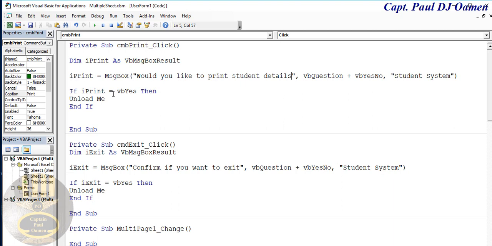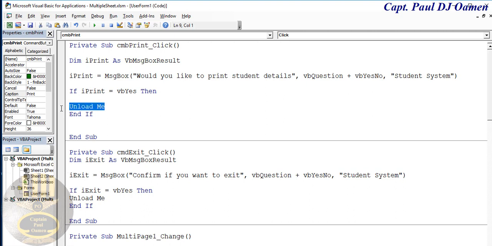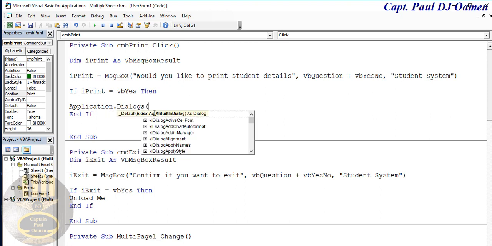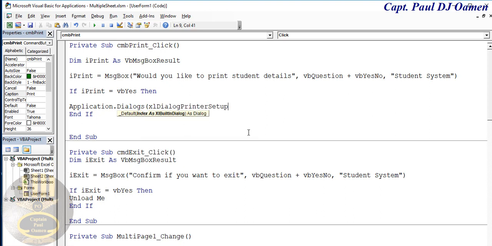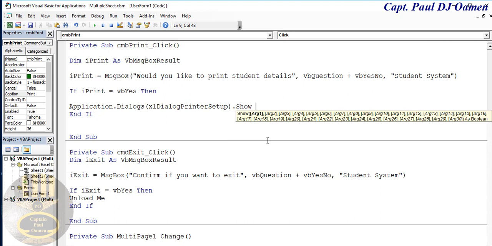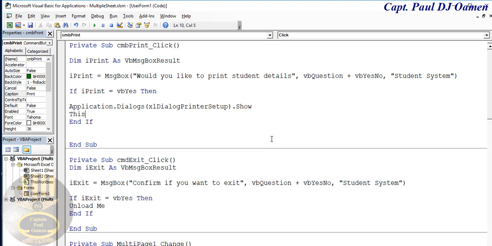Okay, if the answer is yes, then we want it to print from the very first worksheet. So we'll change this to application dot dialog, then we'll say XL print. XL print setup is right here somewhere. There we go. Close that dot, show. Now I'm going to say this workbook